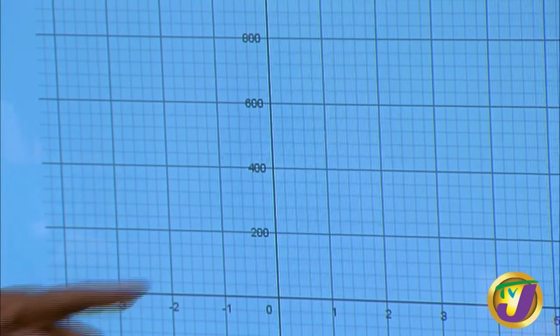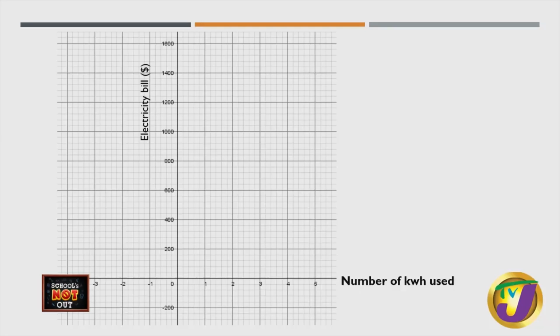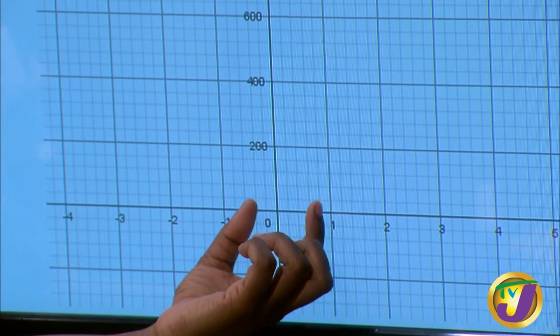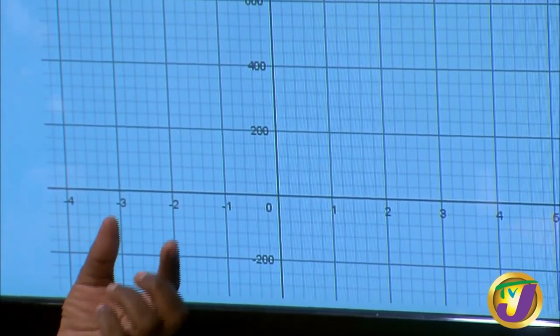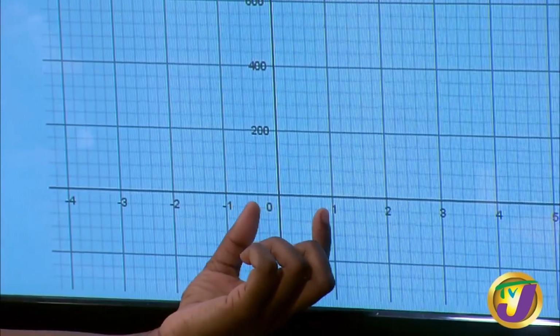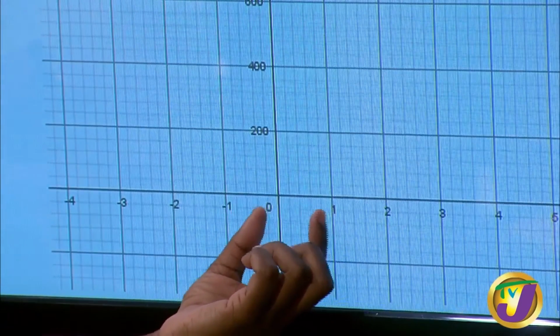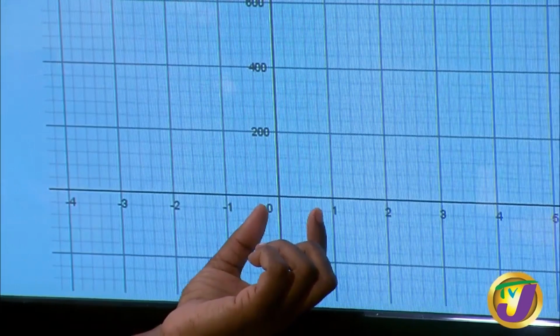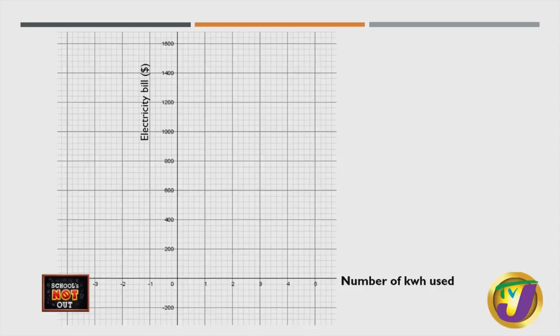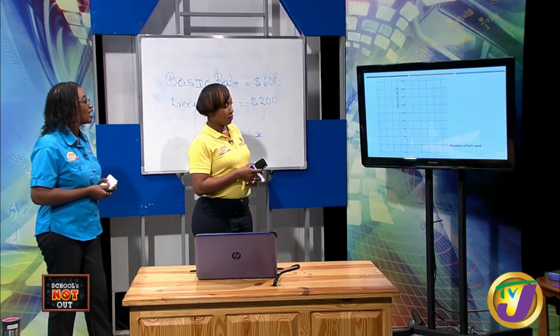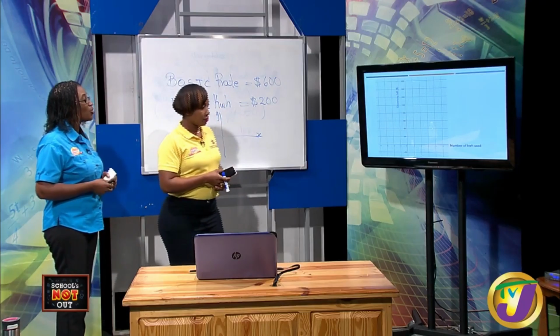All right. And if we look at our x-axis, we're seeing the 1 centimeter spacing, but are we increasing by 200 here? That doesn't look like 200. Doesn't look like it to me either. So we have the spacing of 1 centimeter, but our numbers are increasing by 1 each time. So our scale there looks like 1 centimeter representing 1 kilowatt hour. And on our y-axis, we have 1 centimeter representing